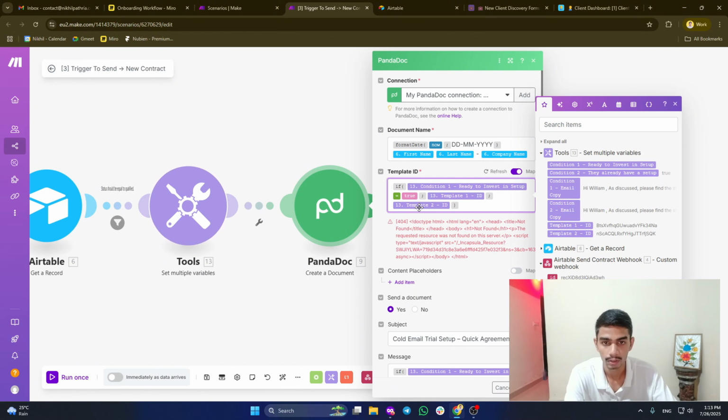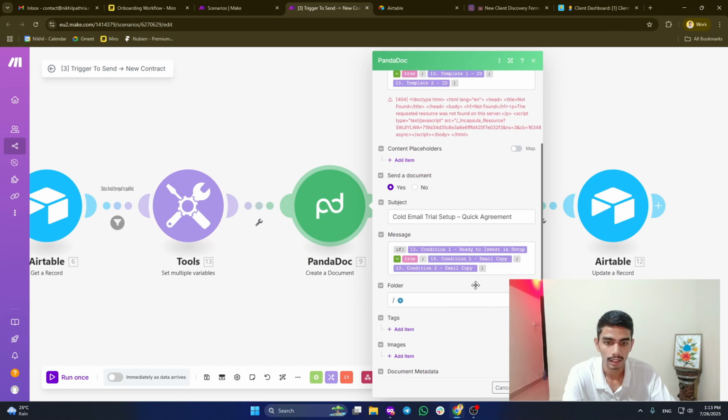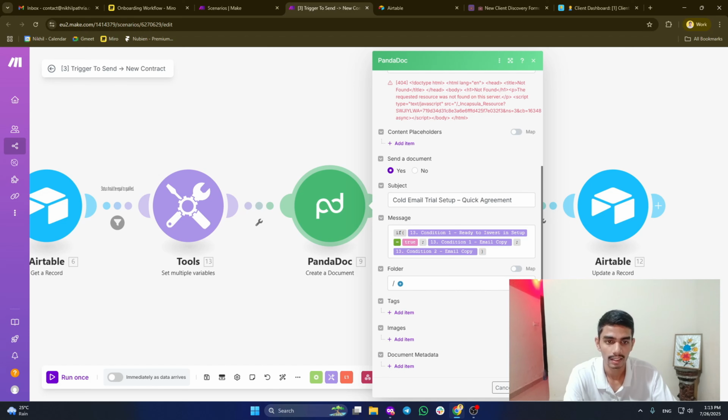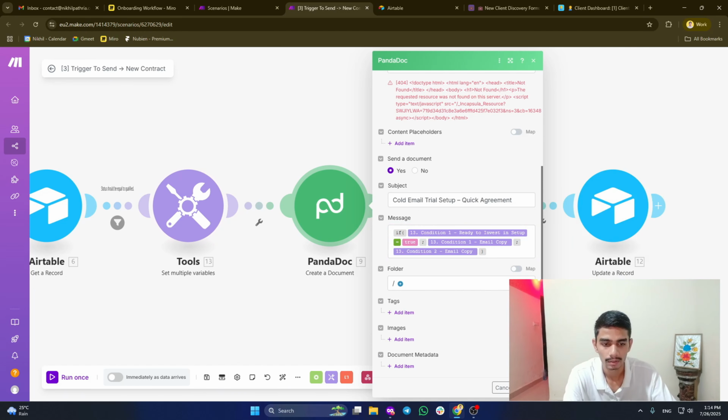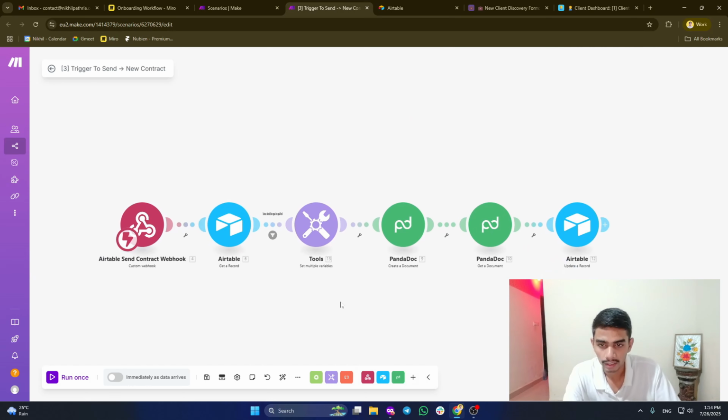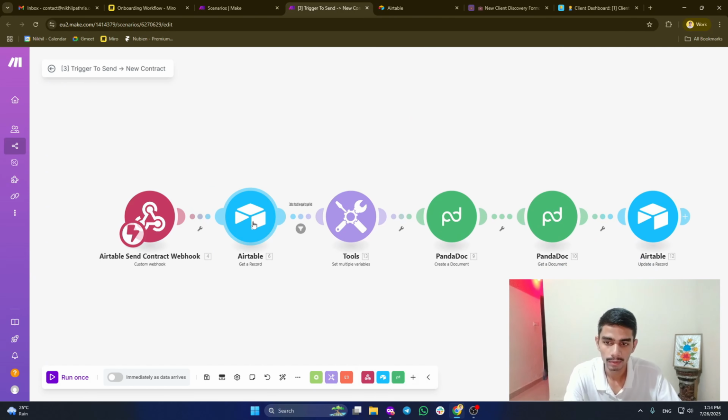If not, then it will use template 2, right? Then I have my subject line, then I have my message in the same format. If condition 1 equals true, use condition 1 email copy. If not, then use condition 2 email copy. Very simple. After that, here we get the data, here we have the condition set up, and here we